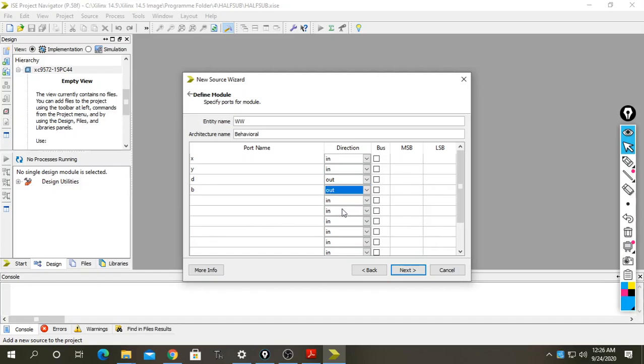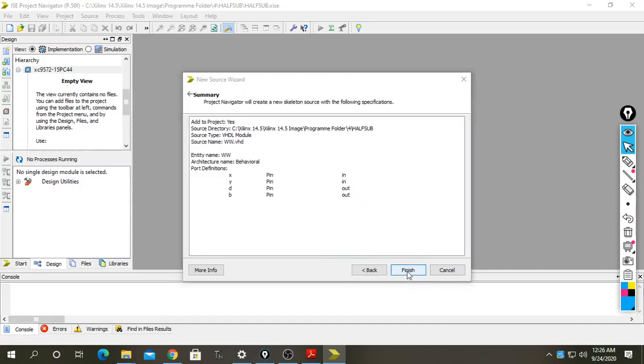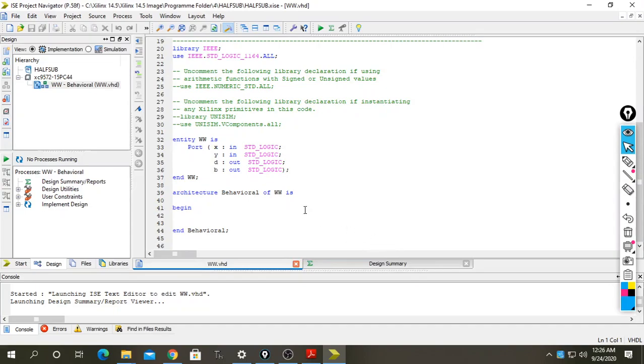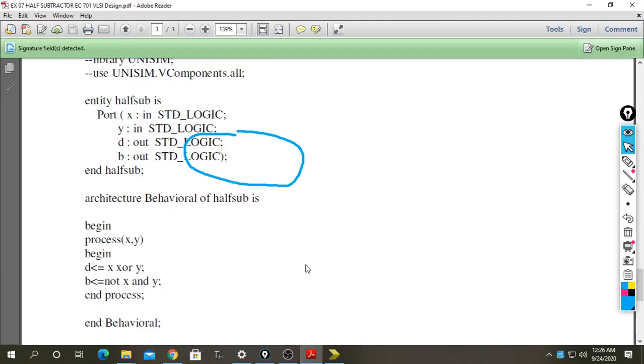So I just plug in X, Y, D and B. X and Y are my inputs, and D and B are my outputs. Now next, then finish. This window will appear, and you can see the X, Y, D, B are the same as in my PDF document.